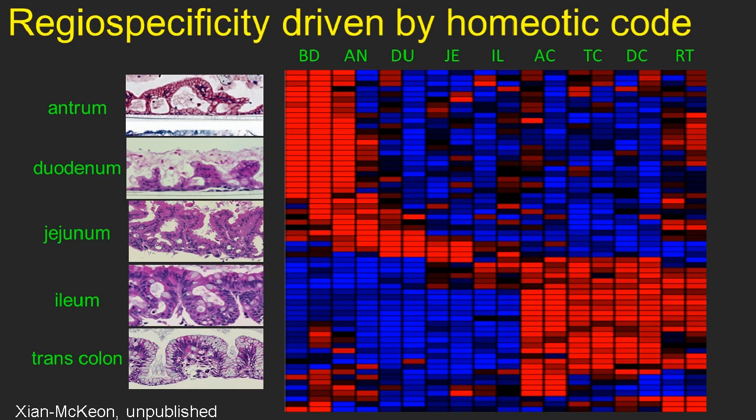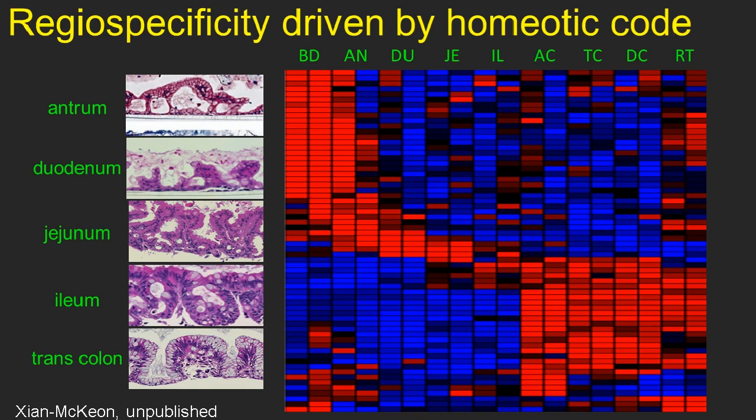As I mentioned, these clones are regio-specific, and they're committed to those fates. So you can grow them for upwards of a year, and when you differentiate them, they become the appropriate differentiated epithelia. So some of the work we're doing now is trying to understand that regio-specificity at the genetic level,